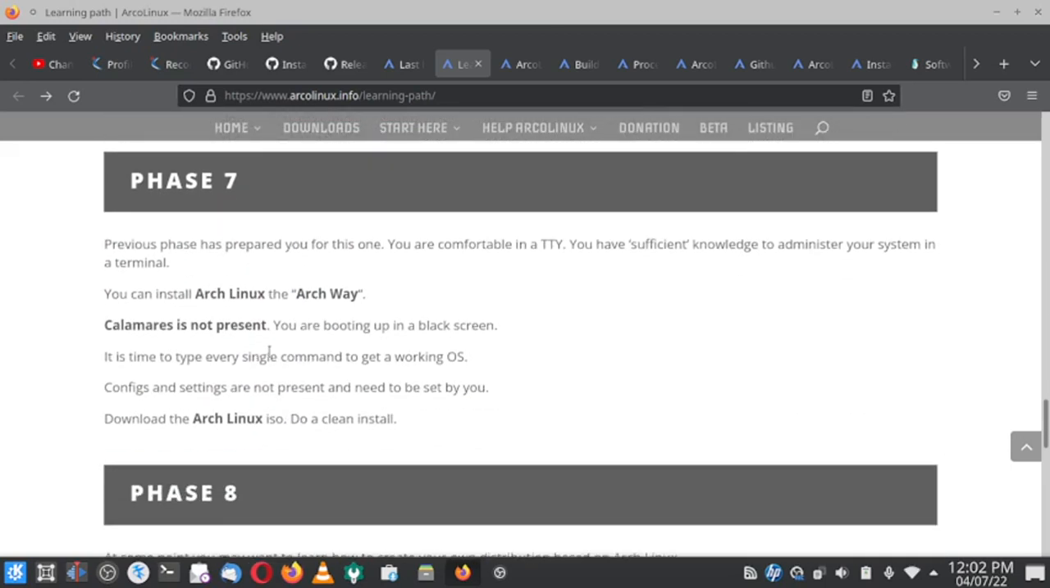Regarding phase 7, in the last Arcolinux learning path ISO video, I have already told you that phase 7 is nothing but installing Arch Linux using the Arch way. That is, you have to install it from the terminal. You have to remember the sequence of commands that have to be issued in the terminal to make the installation a success. And if you find that too expert-level and you cannot follow that method, then you can use